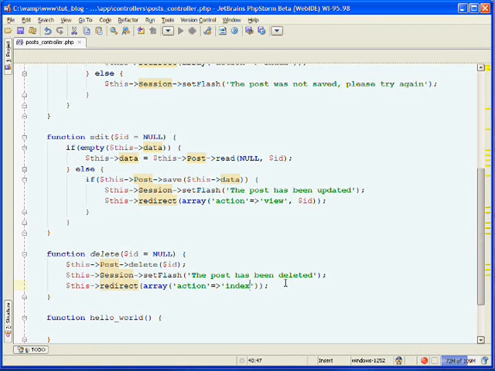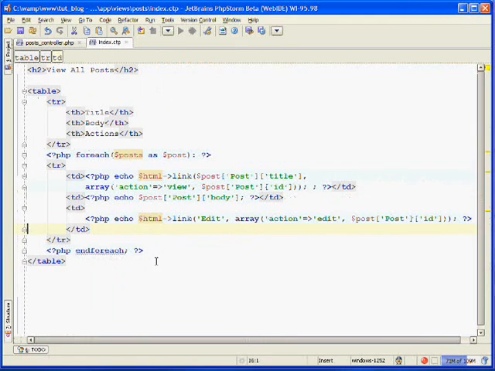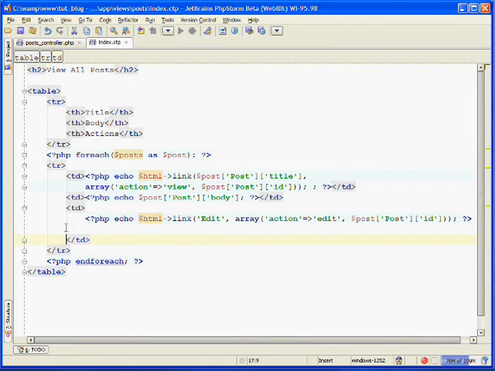So back in our text editor, we'll need to edit the index view. So that's under App, Views, Posts, open up index.ctp, and we'll want to add a link here in the last TD tag. We'll put a space, open up our PHP tags, and echo out the HTML link helper method.